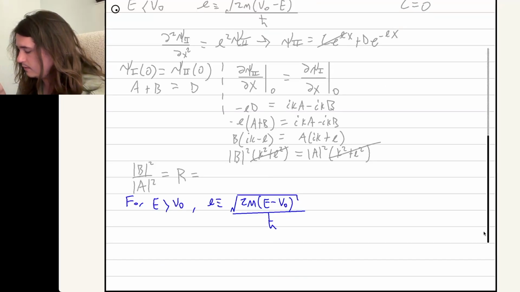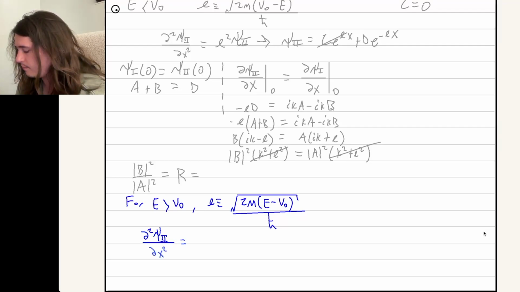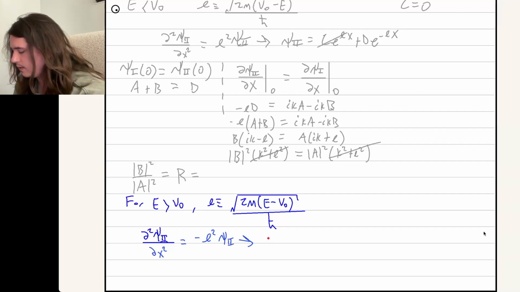But then we write the differential equation now like, nope, there's no h bar squared anymore. There's just d squared psi 2 over dx squared equals minus L squared psi 2, which has the familiar solution of F e^(-iLx),